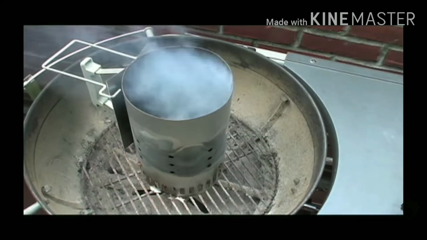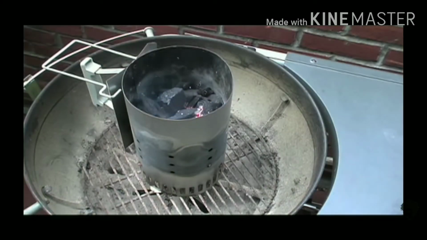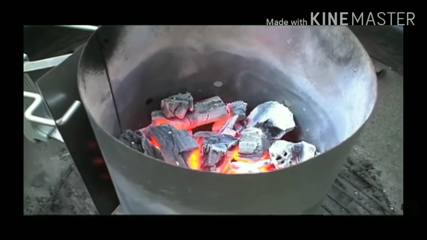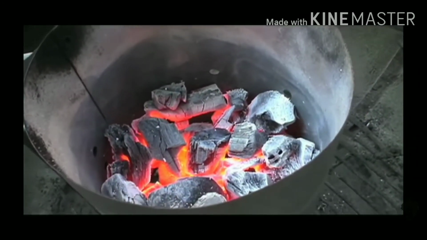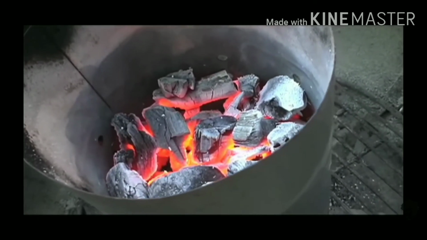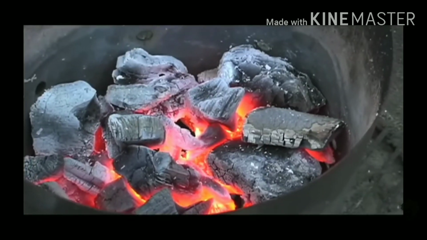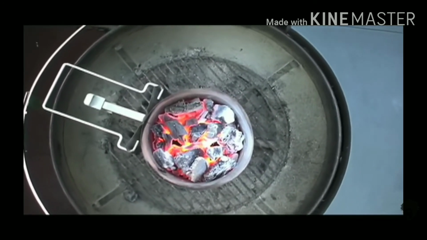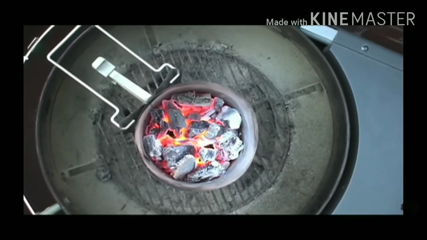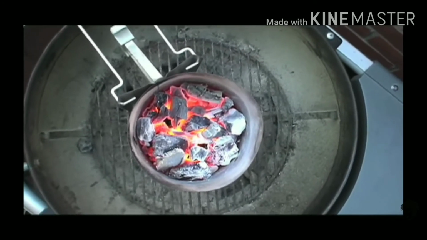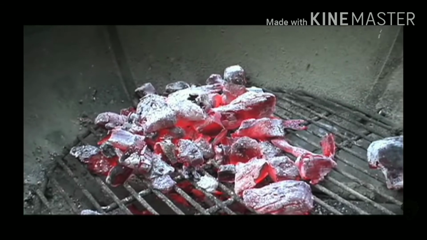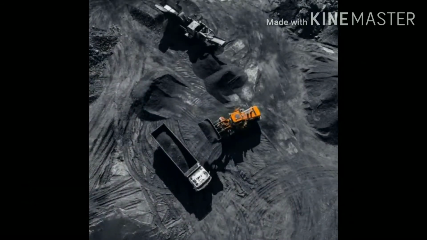Coal is an inflammable organic substance composed mainly of hydrocarbons, found in the form of sedimentary rocks and capable of being used as a fuel to supply heat or light or both. It also contains volatile matter, moisture and ash in varying proportions. Combustible matter in coal consists of carbon and hydrogen.